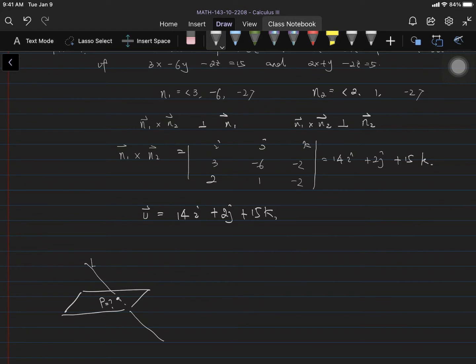L is given and the plane is given. Now let's take a look at the next example. Find the point where the line, given by a parametric equation,